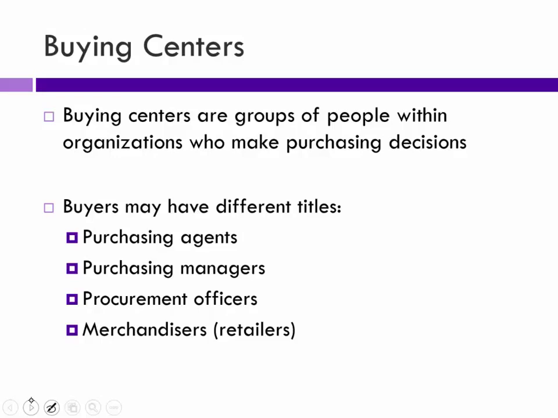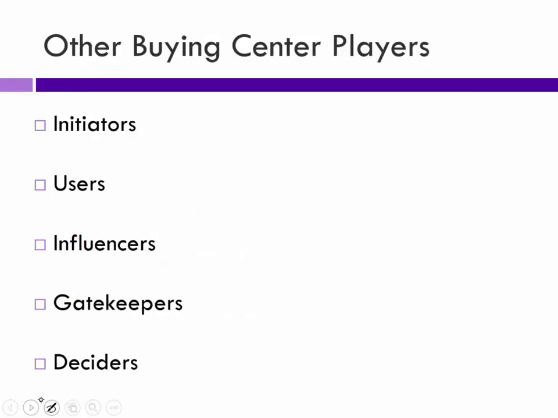And there are professional buyers who do that. Retail stores have buyers whose job it is to go out there. I had a friend who was a buyer for a clothing shop, and it was her job to go to New York and see the new clothes and decide what the store is going to carry and what they're not. So that's a buyer. But in addition to just the main buyer, and the book does have a section on what kinds of things they do, there are other people in this buying center who influence the decision.